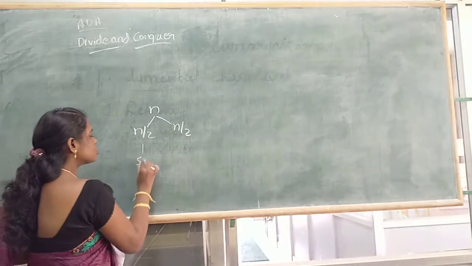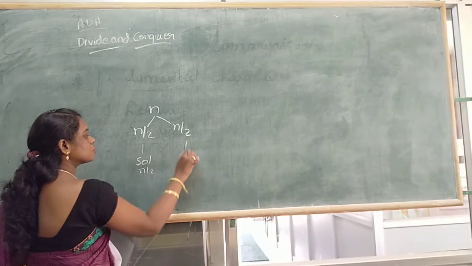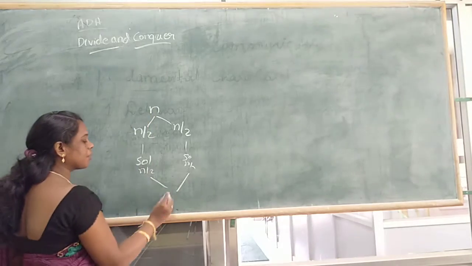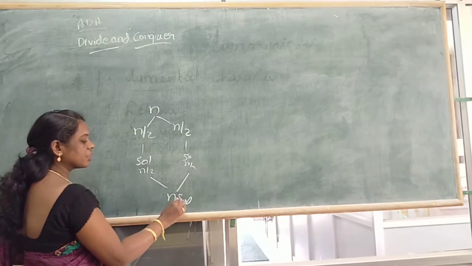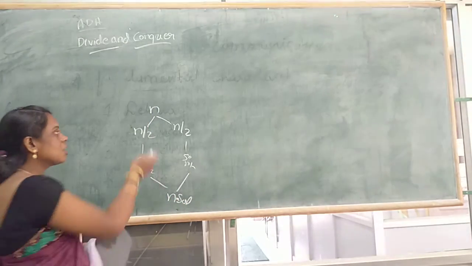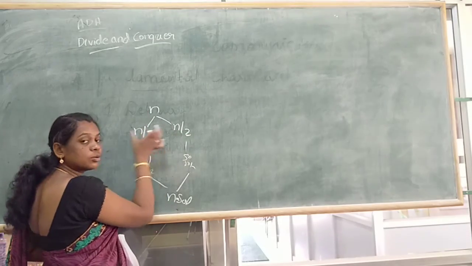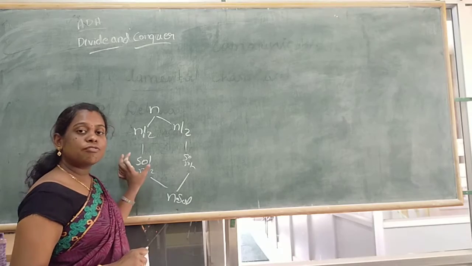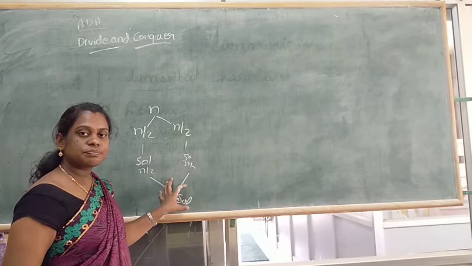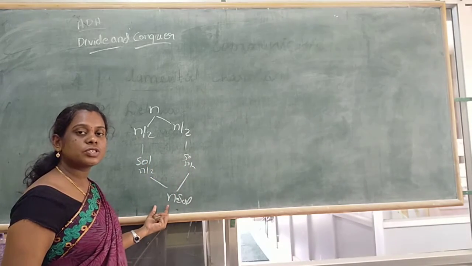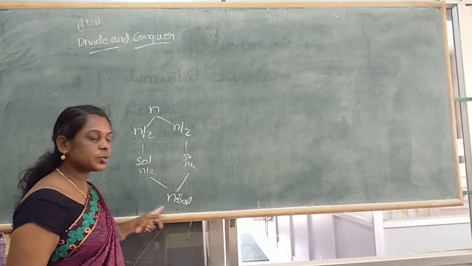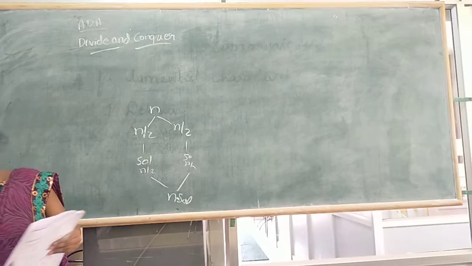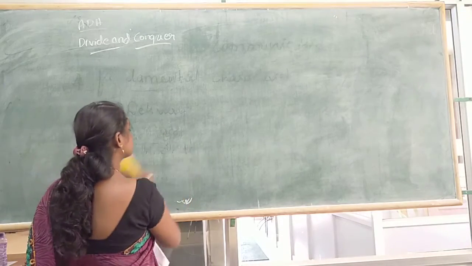So the solution for n by 2. After that, conquer. Conquer means combine. So we get the solution of the n problem. Okay, if there is a big problem, you are going to divide the problem. After that you find a solution for the sub problems. After that you conquer the solutions of the sub problems to get a solution for the original problem. Okay, for example like this.